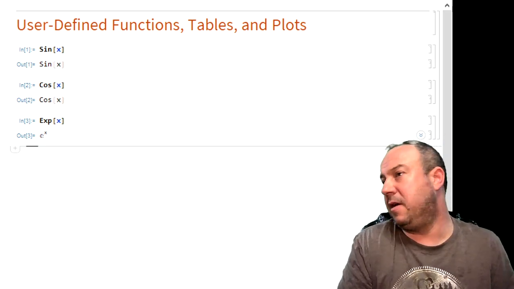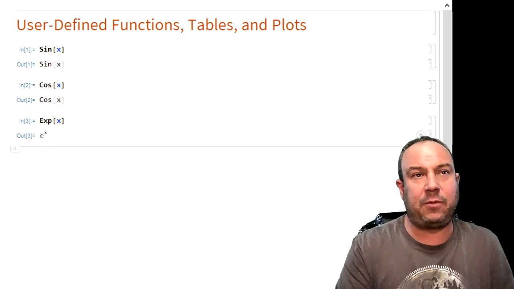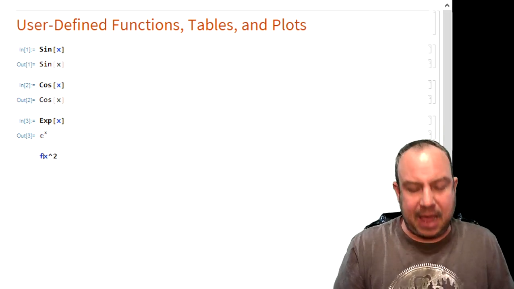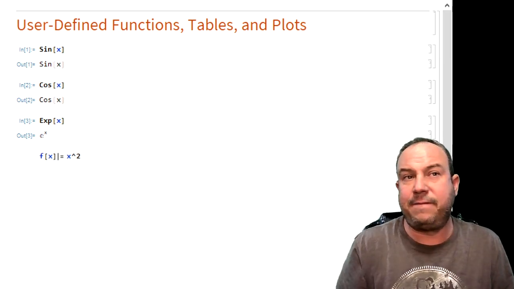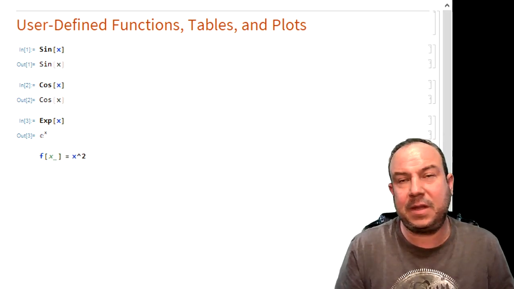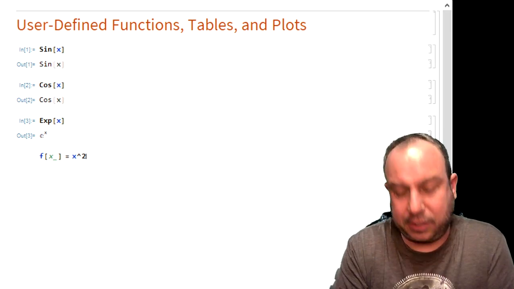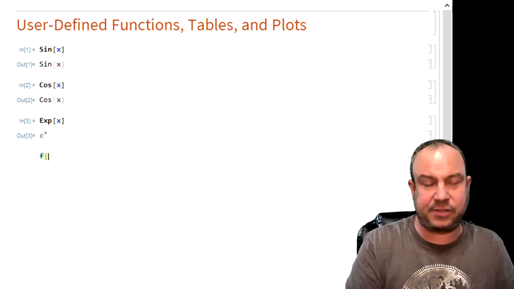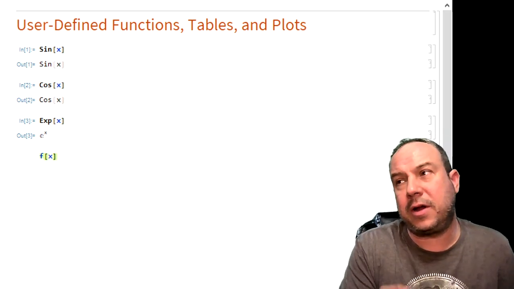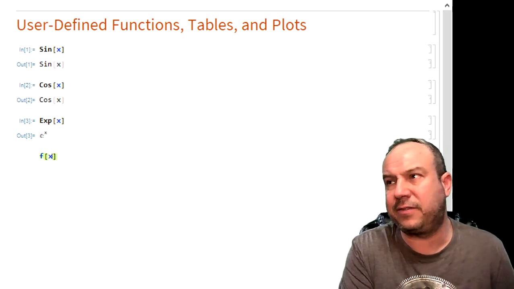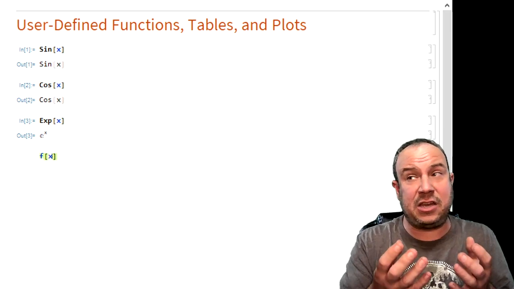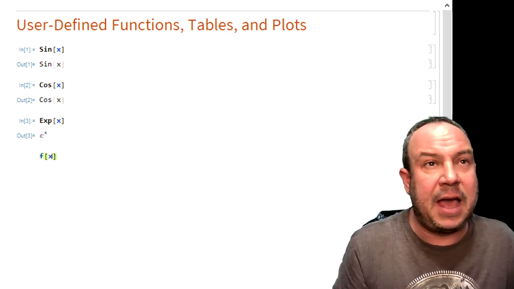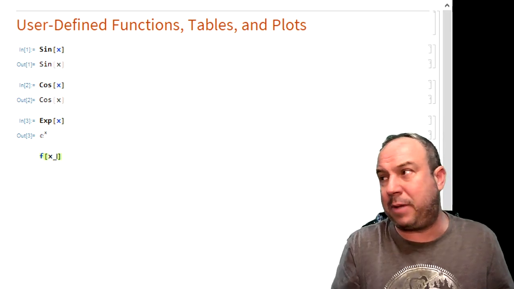For example, I could define function f of x. Now, we might define f of x to simply be x squared. Maybe that's what I'm looking to define f of x as. And the way that I define f of x as a function in Mathematica is as we see here. You can see how this is formed. Our function might be named f, and it is going to be a function of variable x, where in Mathematica, to help Mathematica recognize that we are defining the dependent values for this function named f, and helping Mathematica recognize x as the independent variable,